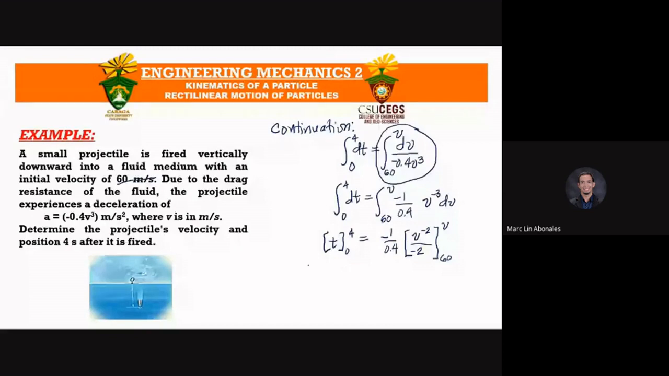So on the left side, when you substitute the upper and lower limits, that is upper minus the lower. So that would be 4 minus 0. So when you substitute this 4 and 0 into what you solved, which is t, that is upper minus the lower, it stays, is equal to negative 1 over 0.4. The same thing, upper minus the lower. So your upper is v, so